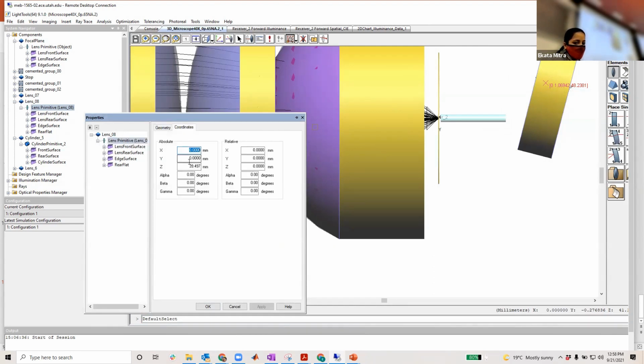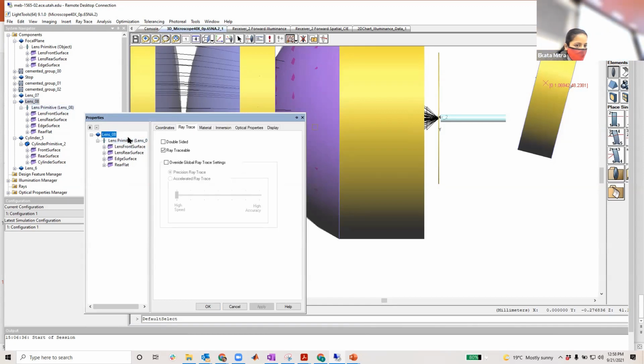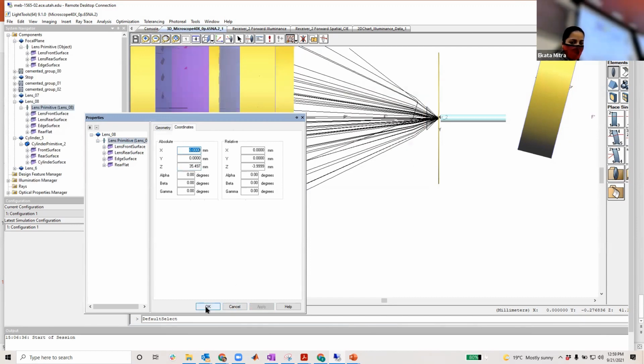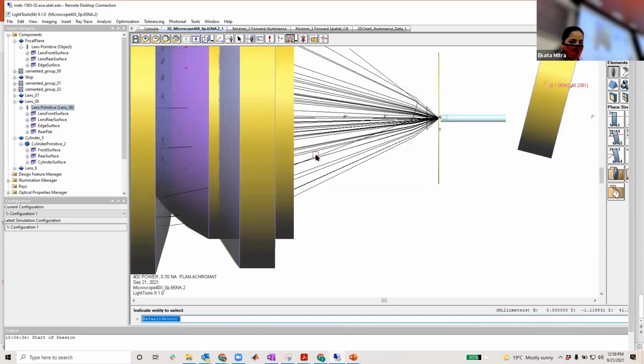Suppose I wanted, oh, sorry, I have to select this. Okay, lens 6.